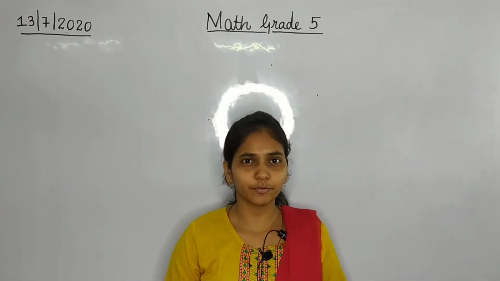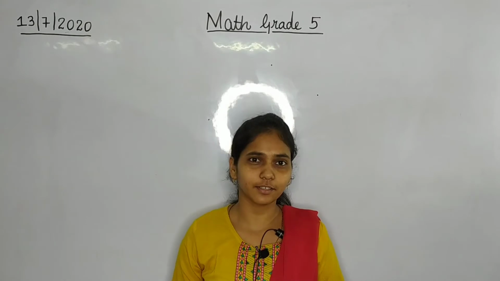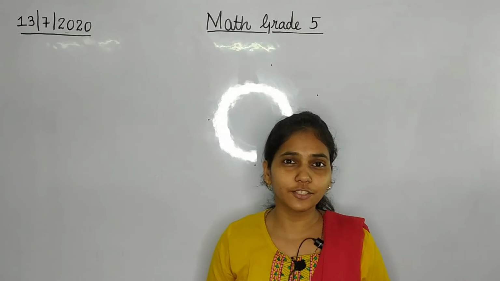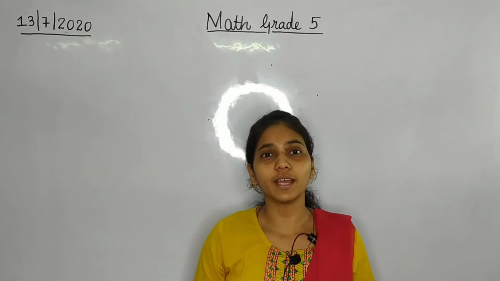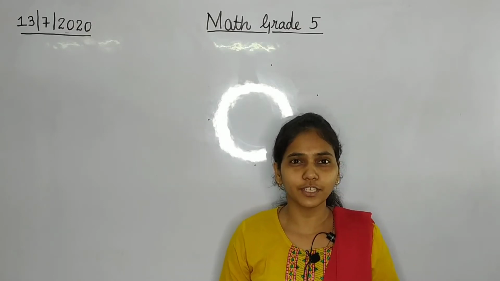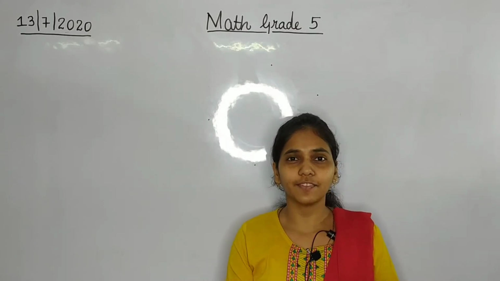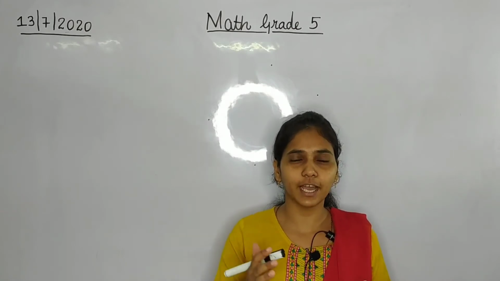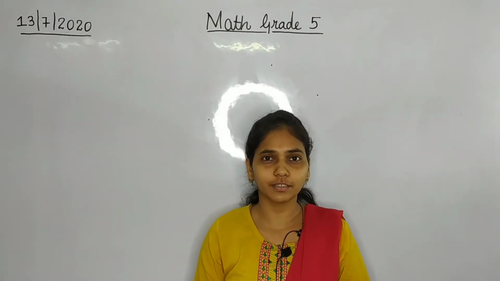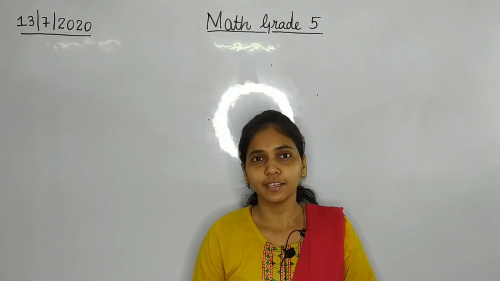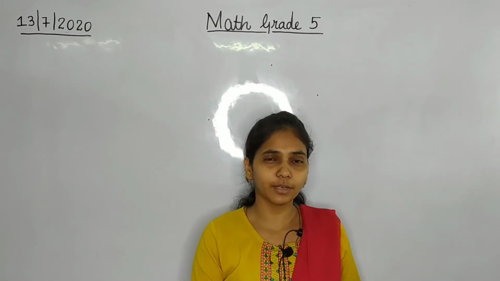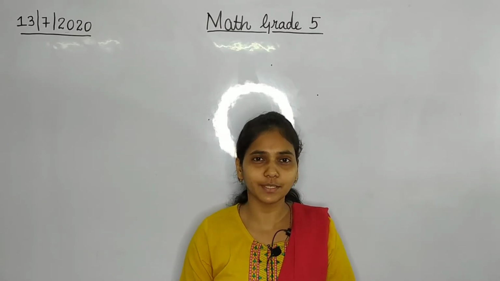Before starting today's class, we will first see what we studied in the last class. We saw how to estimate calculations by rounding figures. Rounding means we first round off the numbers and then do the calculations, whatever it is, like if we have to add two numbers. So we saw how to calculate the addition or subtraction of numbers by rounding them first, both normal numbers and numbers with decimal points.